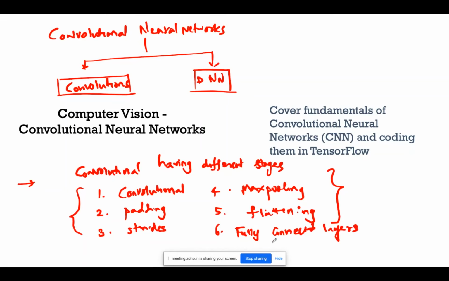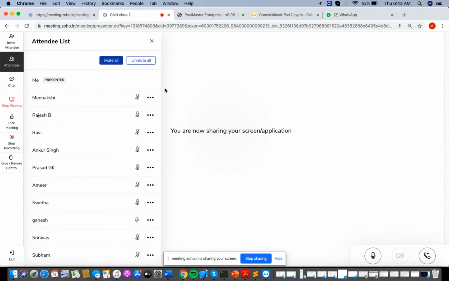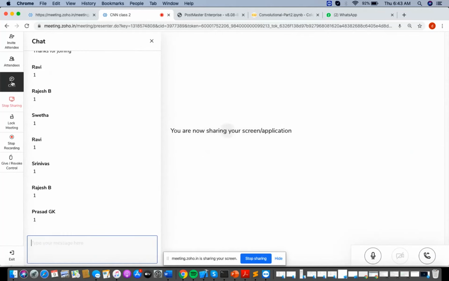Am I making sense? Is this understood up to this point or not? If you have understood, type 1. Everyone's participation is important here.